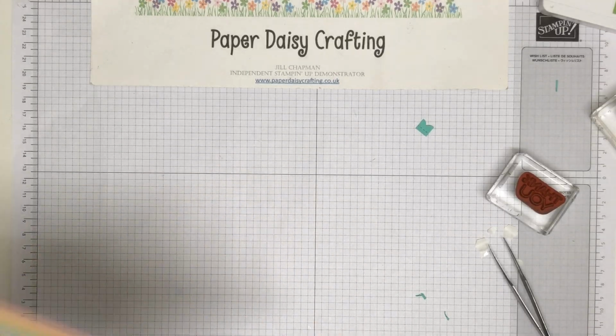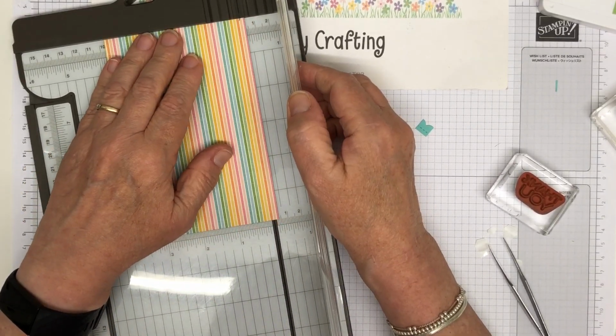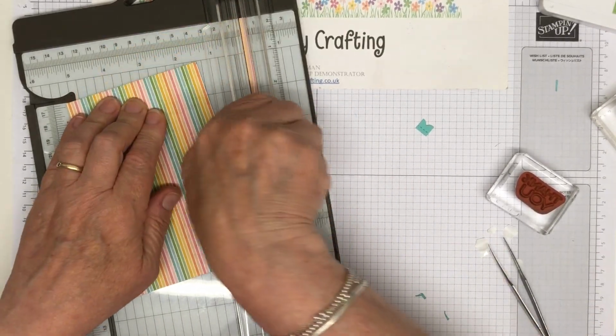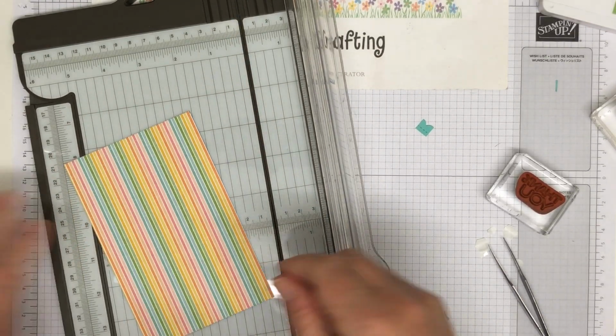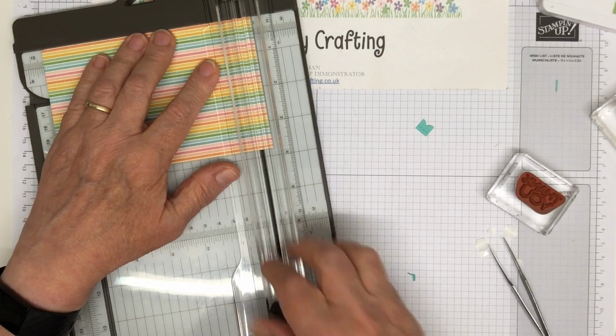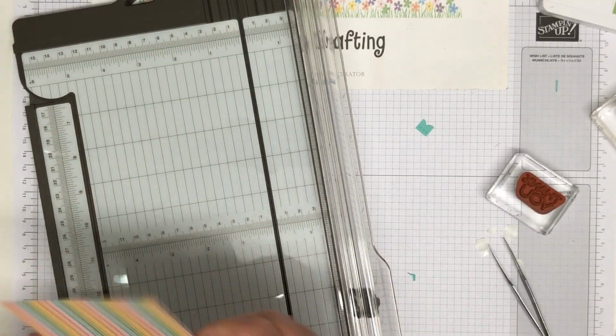That's what I tend to do. I don't tend to measure. I tend to use pencil marks to mark, but it's perfectly feasible to measure. There isn't a right way or a wrong way, so if you would rather measure and use that way, that's perfectly fine. So now my piece of DSP measures